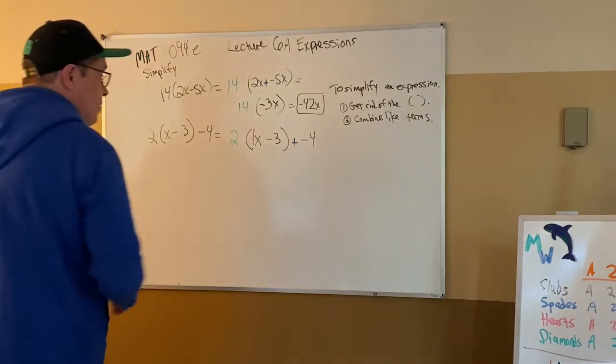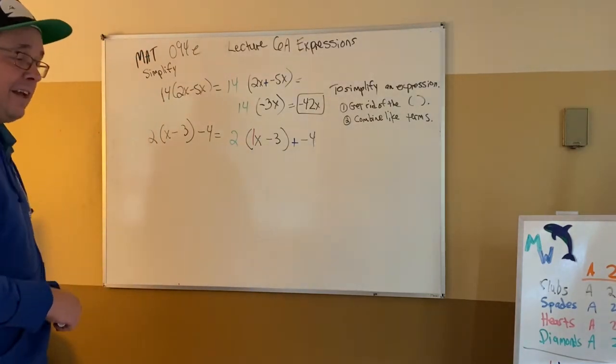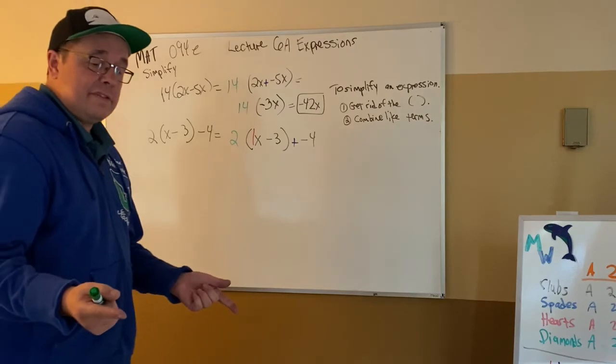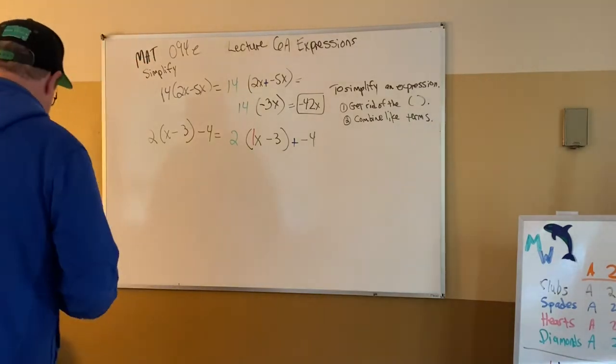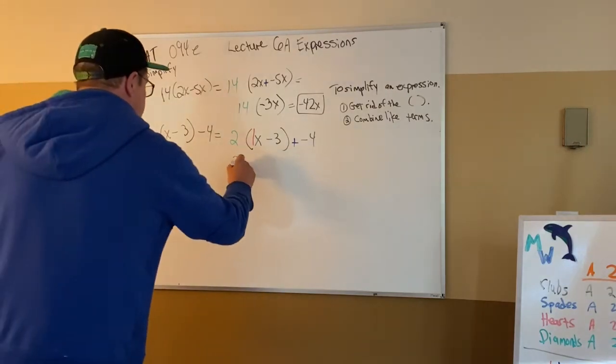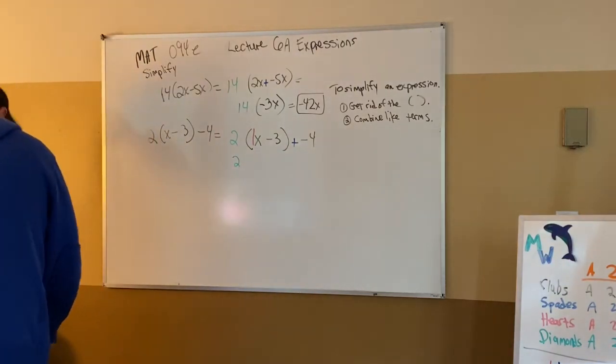Can x and that negative 3 combine? Are they like terms? If so, tell me what the label is. What, you can't tell me? That's because there's not a matching label. They're not like terms. So I'm going to have to go with 2 times my 1x